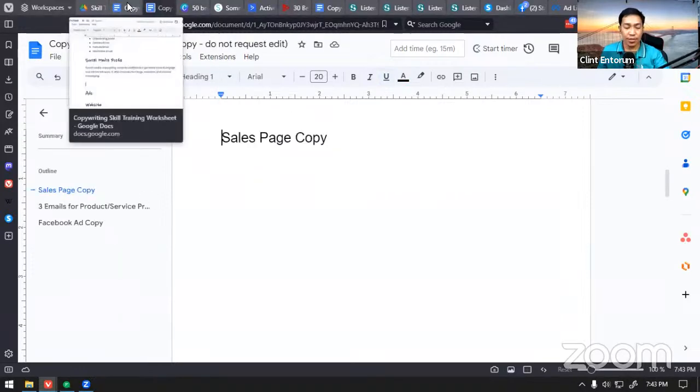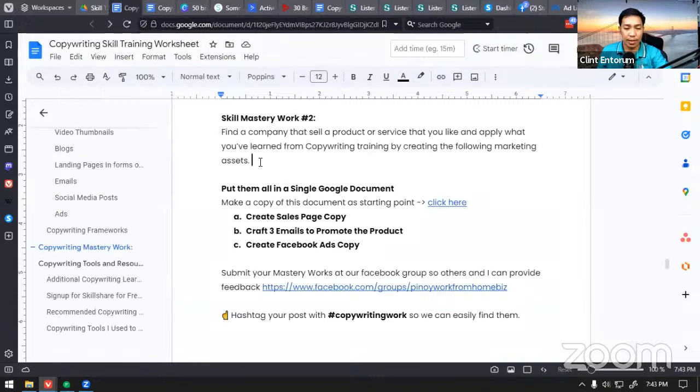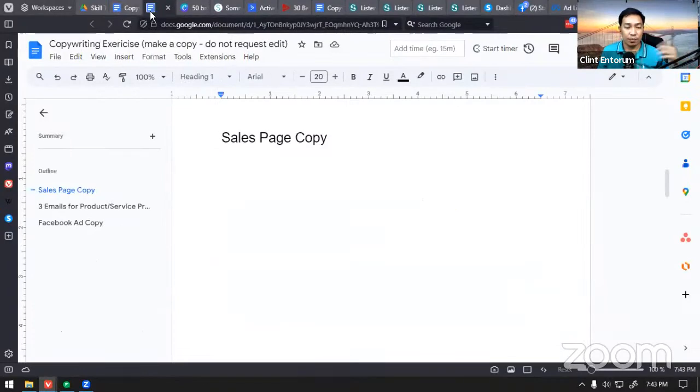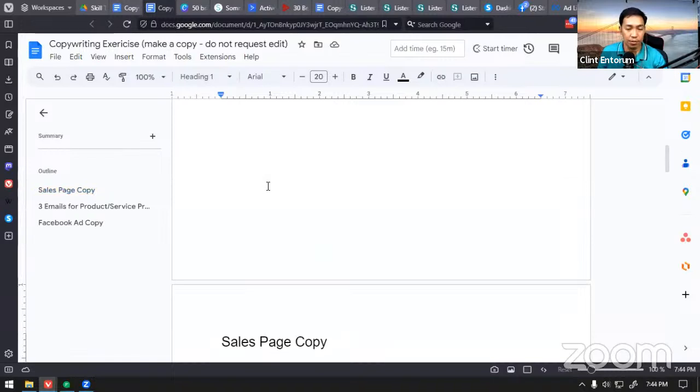Kasi here's the thing. Clients, if you really want to land a client, they really want to see your work. They want to see some example of your work. And the way you could give that is either you already have experience, you already have past experience working in that field, or you could create a sample work that you have done, and that could be through trainings.